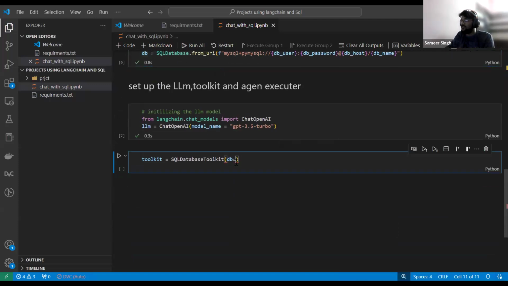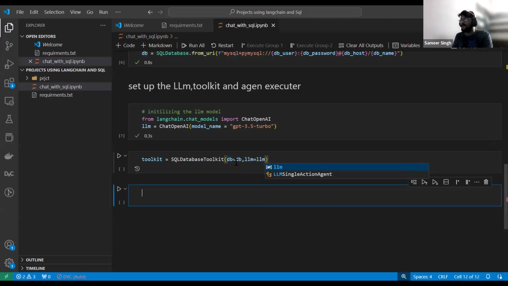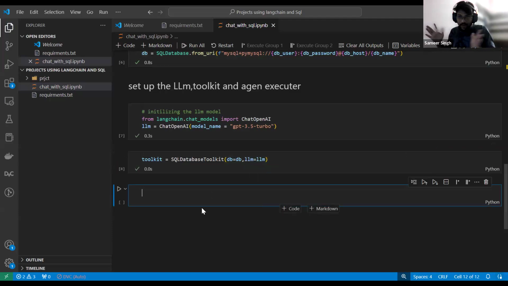So the DB connection will be given here, and we will give the LLM. So the toolkit, we have created the agent. Our task with respect to the agent is done. Now we need to make the agent executor in order to execute this agent, right? Then our task is done.